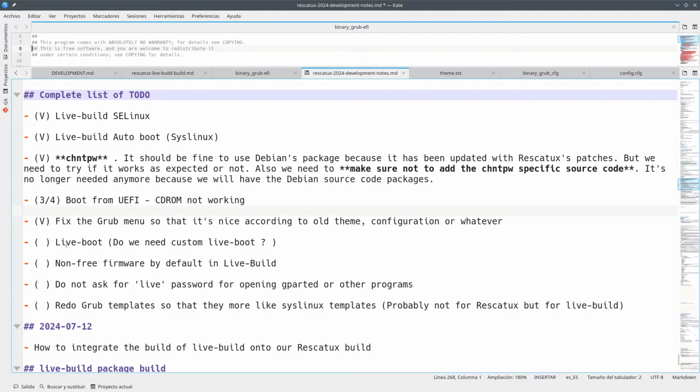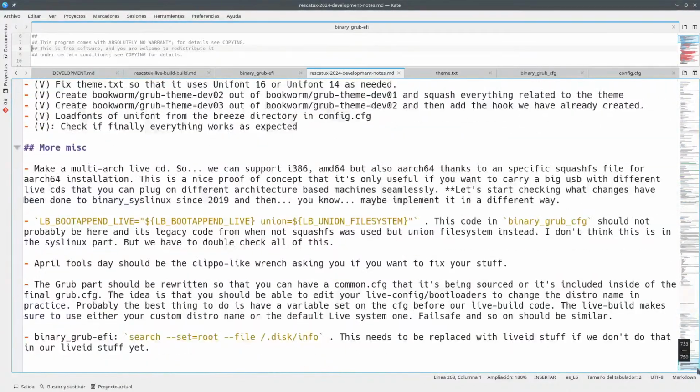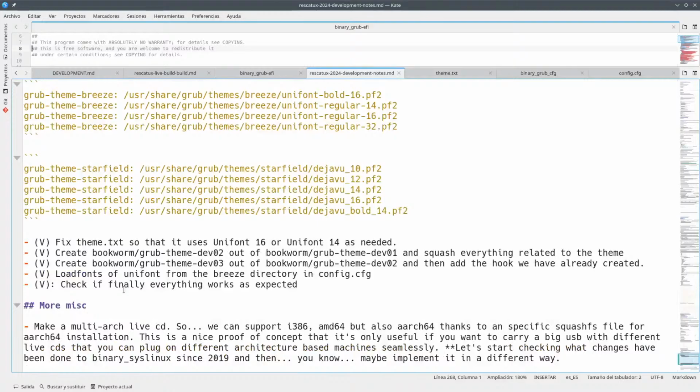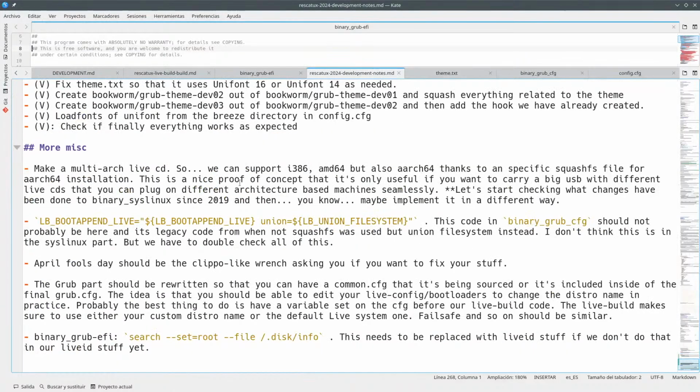So there's this live boot stuff regarding live ID, which I think I have done like a draft down here. So multi-arc like CD, we have told that that was not